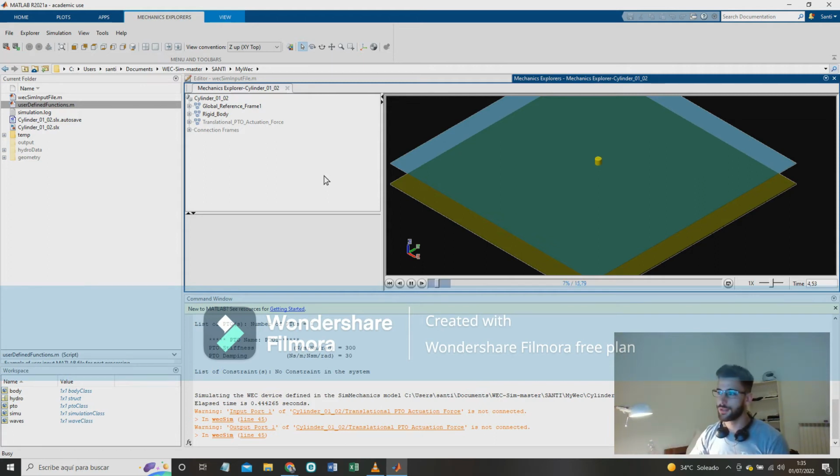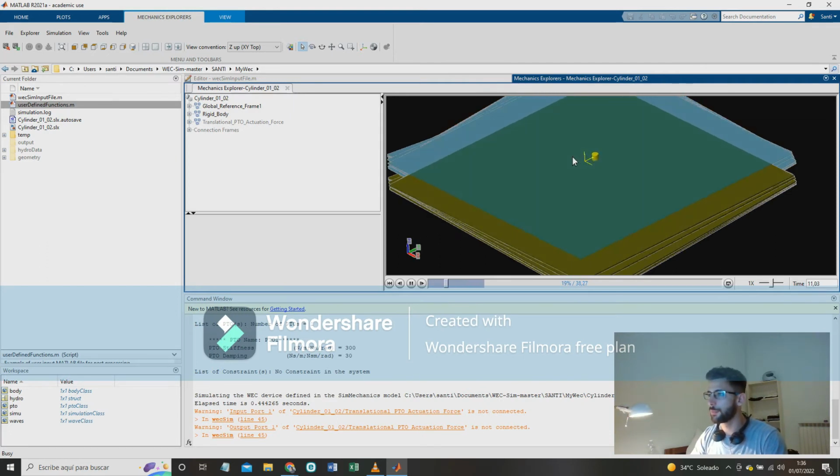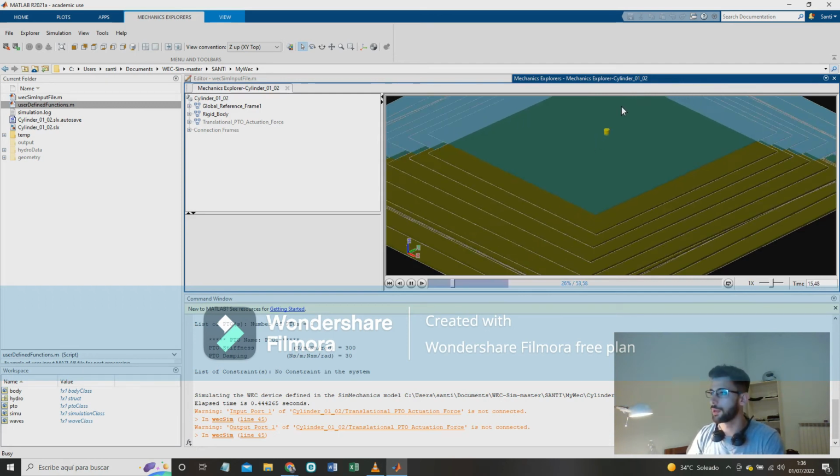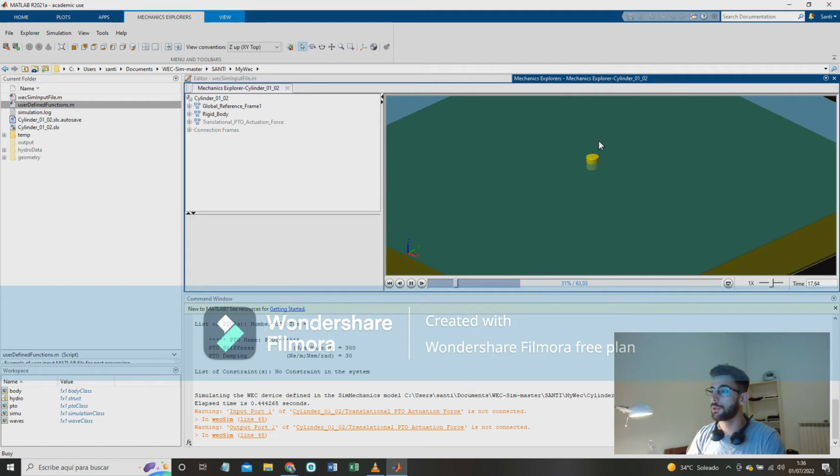Okay, so the first thing we can see over here, this is not our final simulation because we're going to use ParaView, but this is the first approach of what it would be. We cannot see the waves here, that's why we're going to use ParaView. But this would be our plotted solver with the frequency of the waves that we put, with the height of the waves that we put, and we can see